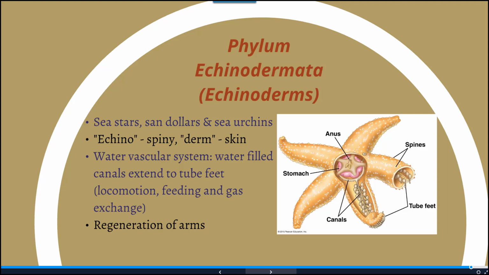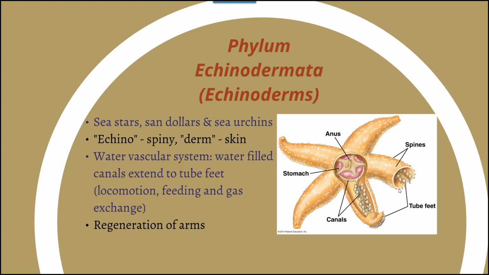The other thing that's really important about their water vascular system is by not having any blood and just sucking in water through something called a madreporite or a mother pore along the top. It's actually this little guy here, right there. By drawing that water in and using that as the circulating fluid within your body, it allows for them to have an abundance of gas exchange without having to get that gas into the blood system, which is something that we find organisms like fish and us need to do.